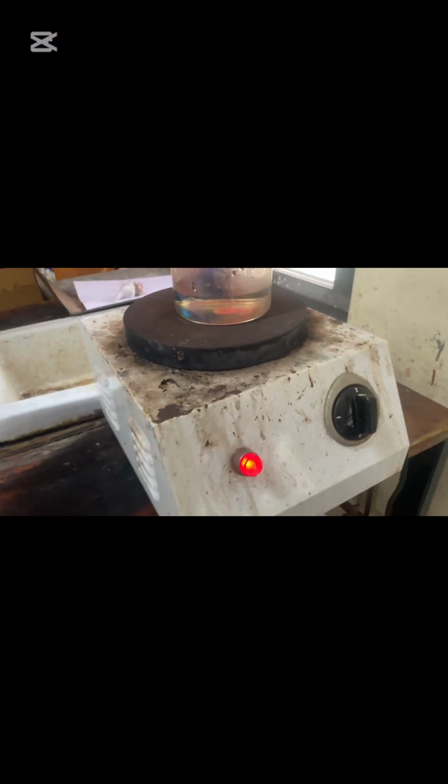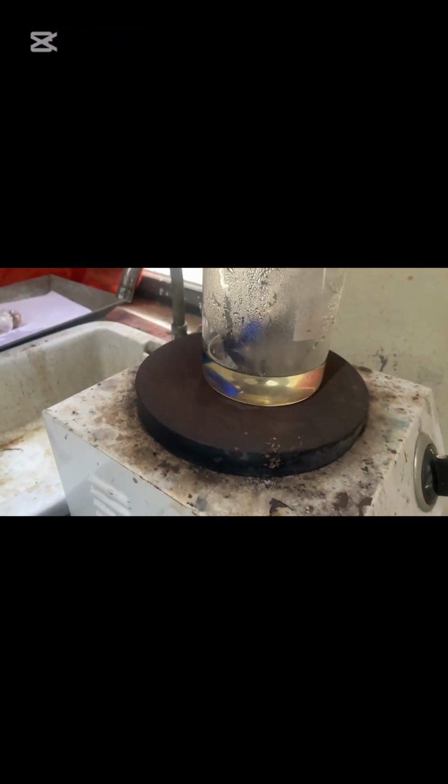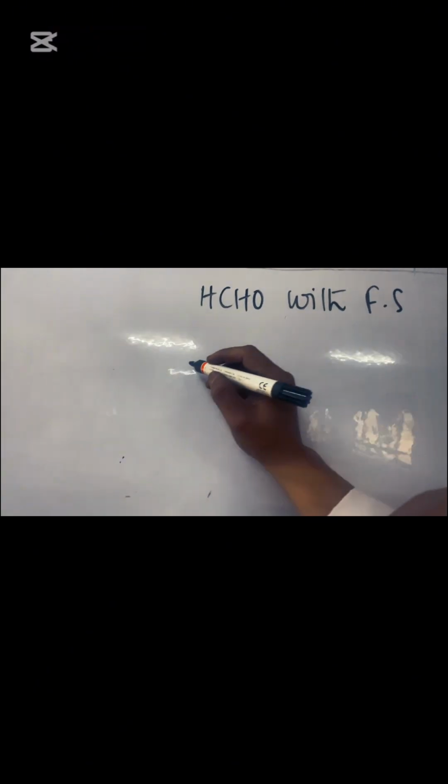Hot water bath. We have already, this one is the formaldehyde and that one is the acetaldehyde. Now we are going to see how the aldehyde reacts with Fehling solution here. FS represents the Fehling solution, I have written in a short form. So the reaction is